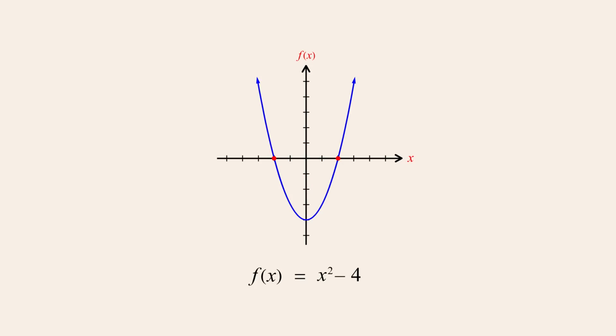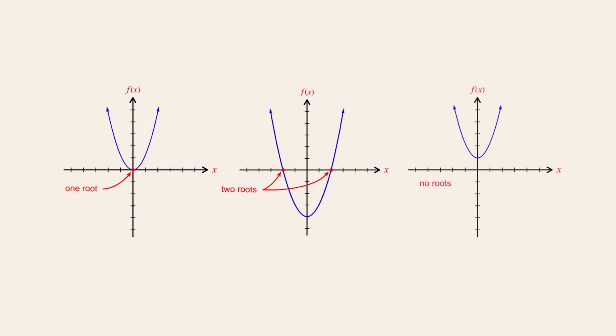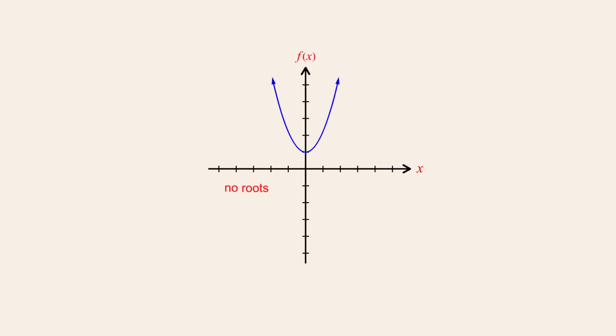So when the graph of a quadratic function of x intersects the x-axis, it can have either 1 or 2 x-intercepts, and thus 1 or 2 roots. It is also possible for a quadratic function of a real variable to have no roots. This situation occurs when its graph does not intersect the x-axis. However, this is true when only real numbers are considered.